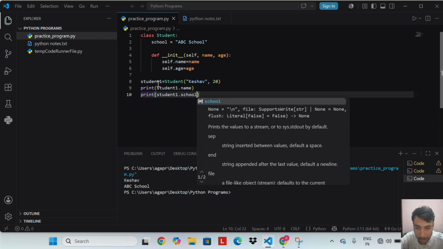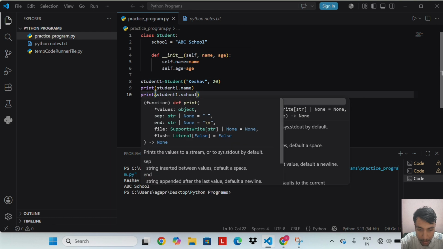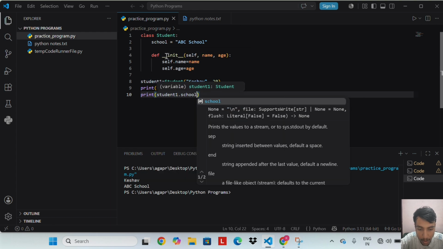Student, Keshav, 20. We call the class name like a function to create an object. Python automatically runs __init__ and passes Keshav to name and 20 to age. The created object is stored in student1. Student1 dot name, we access the instance attribute using a dot, output Keshav.